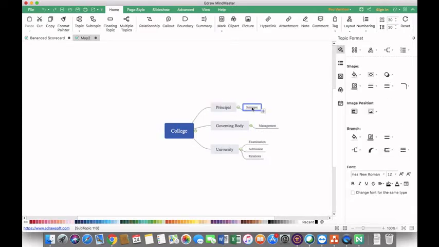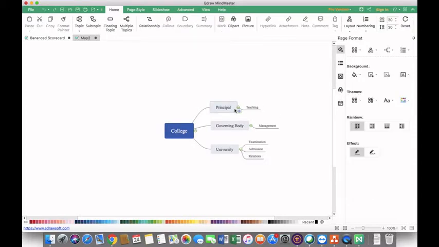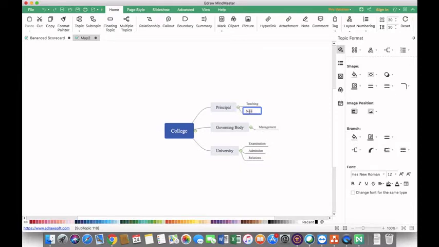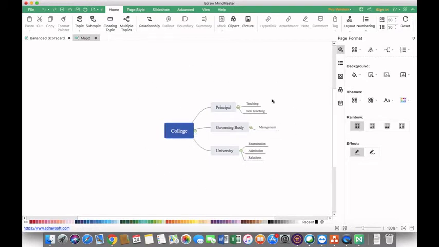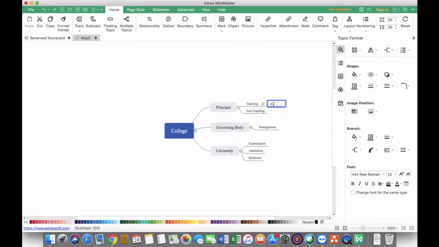And the principal will head two different areas. One is the teaching department in the college, and another is the non-teaching department. So here we can see that I have started preparing this mind map. Now we can further go. The teaching will include HODs. So the principal will initially talk to the HODs about what they need to do and how they can implement the new processes related to education, maybe how they can conduct the internal examination in college. So the principal will meet the HODs or the staff council, and so on.